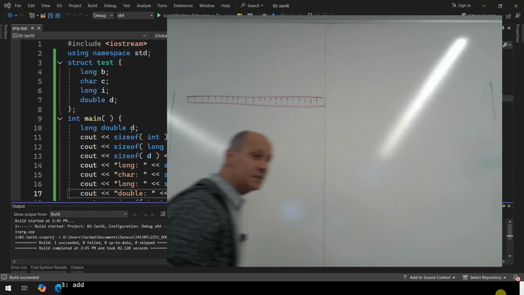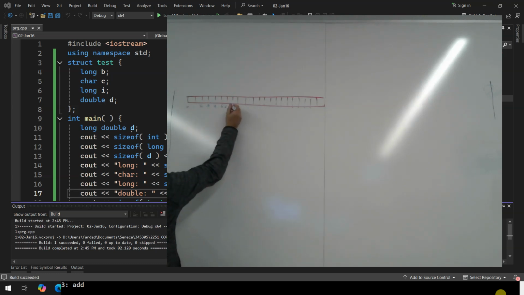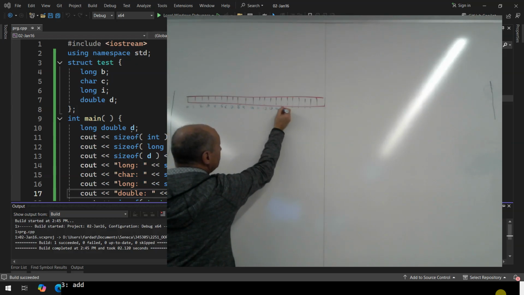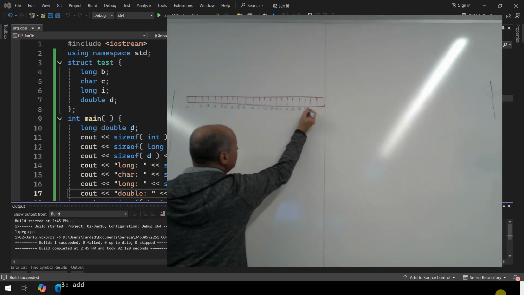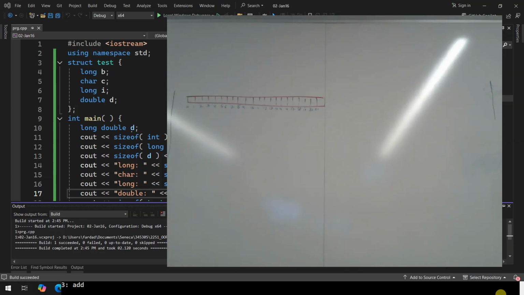I hope so. We'll find out. Anyway, I'll put the addresses 0, 1, 2, 3, 4, 5, 6, 7, 8, 9, 11, 12, 13, 14, 15, 16, 17, 18, 19, 20, 21 will go. Okay? So the first one is a long, right? And long was 4 bytes, correct? So that's the first one. 0 to 4, that's 4 bytes, correct? And now I put the character, correct?